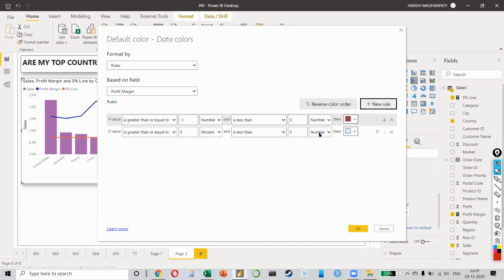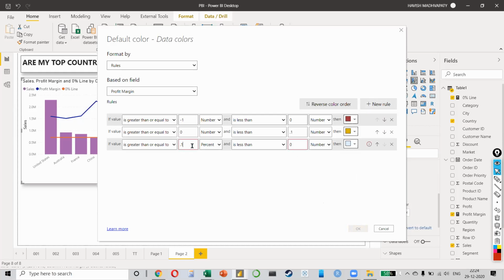Then I'll add another rule: if my profit margin is greater than or equal to 0 and less than 0.1, which is basically 10%, then the color should be yellow. And once again, if my value is greater than 0.1 and less than any number, so let's just make it 100%, I'm expecting that nobody will have a profit of 100%, then the color should be green.